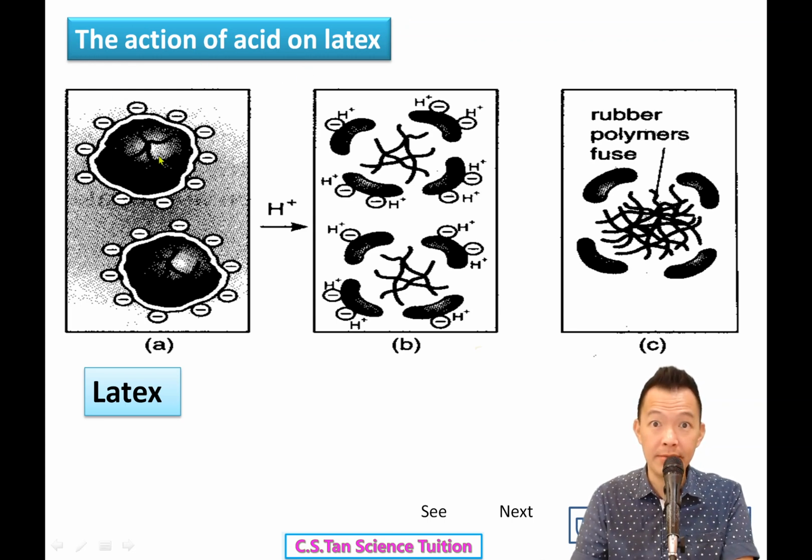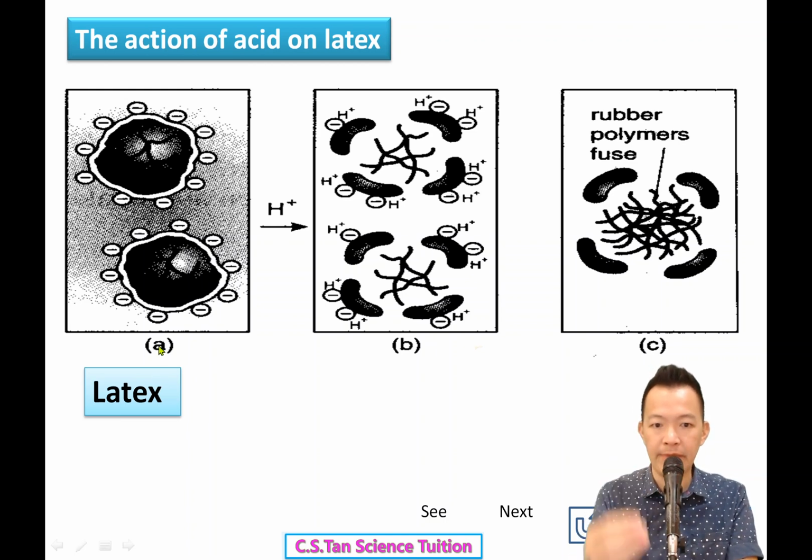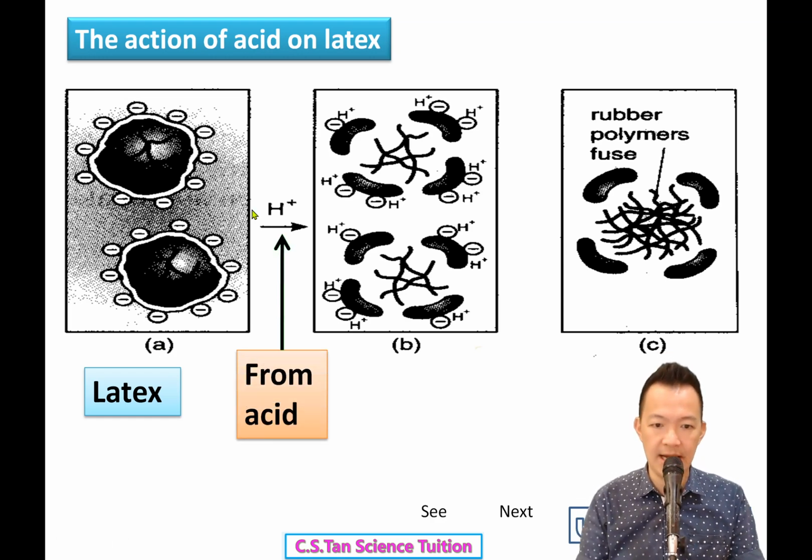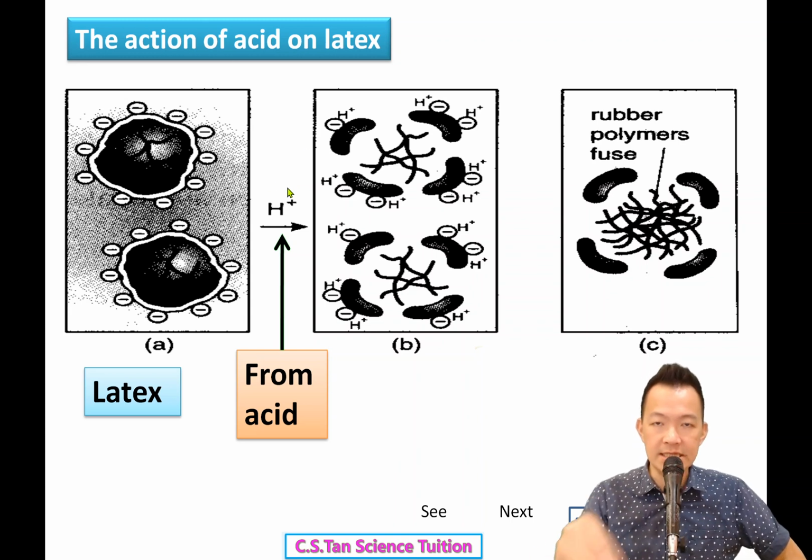So the rubber polymer, they are inside the protein membrane that carry the negative charge, and because of the same charge, they repel one another. 它们互相的排斥，so this is the latex. And when you add acid, 你把 acid 呢丢进去，不要丢了，倒下去，好好倒，OK。And what we have inside the acid? acid 里面有什么东西呢？It contains hydrogen ions。它有一种镓的离子叫 hydrogen ion。